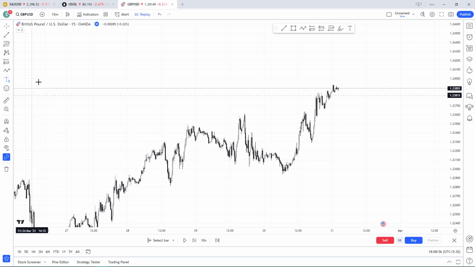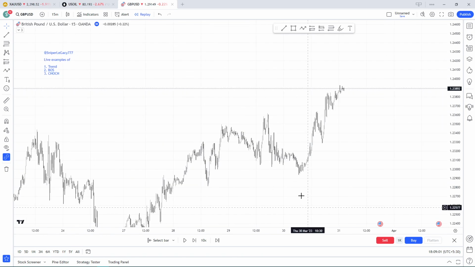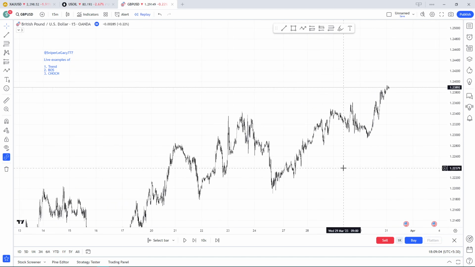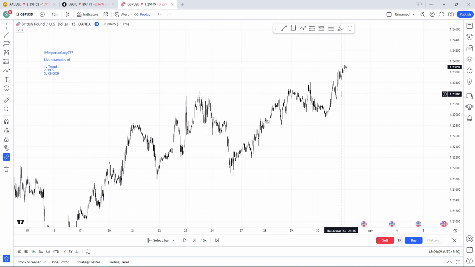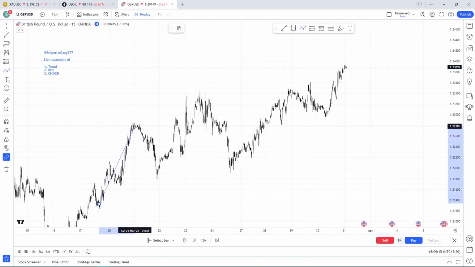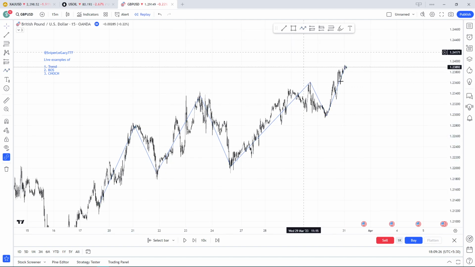Okay, let me use an anchor text so that we have it on the screen always. Okay, so let me zoom out just to know what is the trend. Okay, we have an uptrend because we have started from the bottom, made a low, high again, low, high, low, high. Okay, before starting the replay button, I'll just explain what is happening here. So we came from a downtrend. Here we had